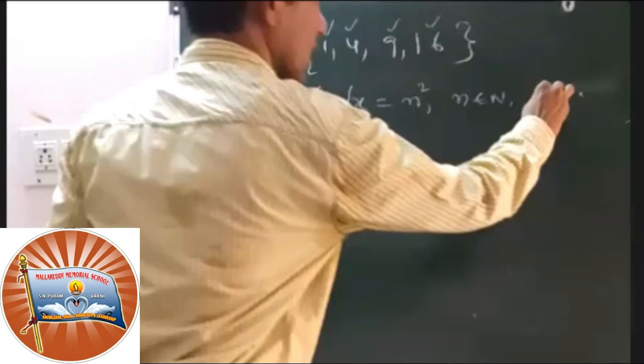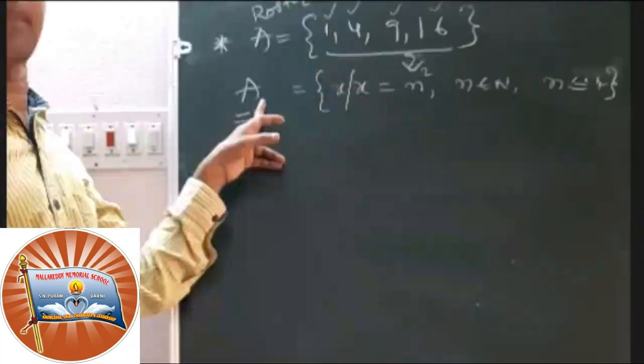This is one kind of difference. So this is the same set. This is called roster form. This is called set builder form. If you define the nature of the elements in the set, that is called set builder form. Please do remember. If you are aware of conversion from set builder to roster and roster to set builder, that will be very fast. So why I'm focusing on set notation: two kinds of notations are there, roster form and set builder form.